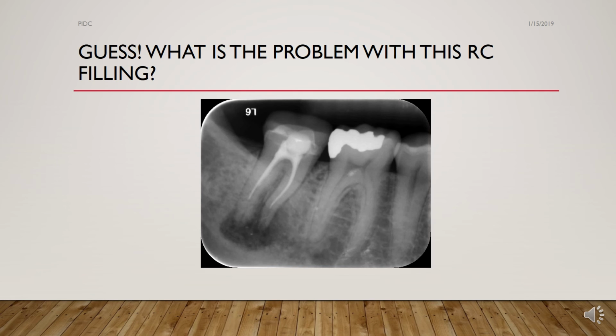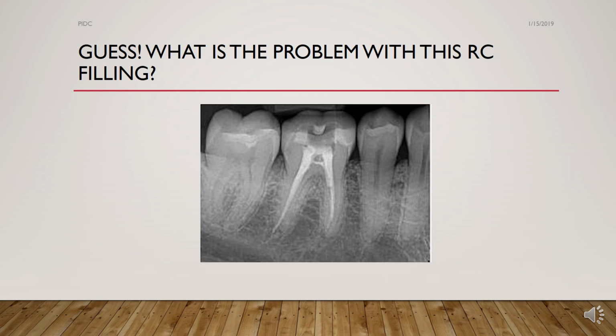So let's look at some of the problems. What happens if you don't determine the working length accurately? If you look at this radiograph, the operator here looks like has worked very much short of apex. So you can see a large periapical lesion here. Because the operator has worked short of working length, you will have uncleaned areas inside the root canal, so persistence of infection was there, and the root canal filling is also short of apex, leading to eventual failure of the root canal treatment.